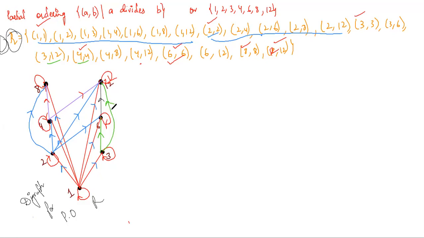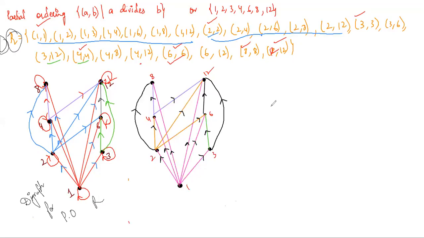Now for this, to represent it as a Hasse diagram, remove all the loops. So first and foremost, we are supposed to remove all the loops. Let's remove it. So this is the same diagram that I have drawn over here. The only thing is I have removed these self loops. So the self loops have been removed and you have got the resultant diagram. So let's write the second step over here.